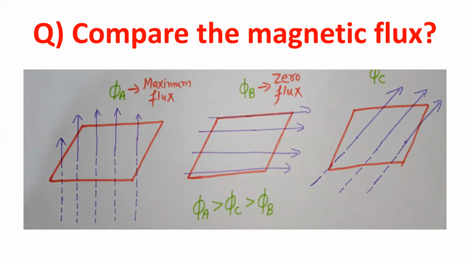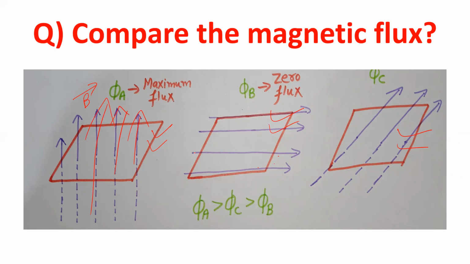Okay, first of all, before the formula, let us have a comparative idea of three figures in which we'll be having the maximum flux related to a field. Suppose I have drawn three surfaces, first, second, and third, and the magnetic field lines are passing through the surfaces. In the first surface, the blue lines are magnetic field lines. They are crossing it completely, so it's very clear that maximum flux is linked with the surface over here.